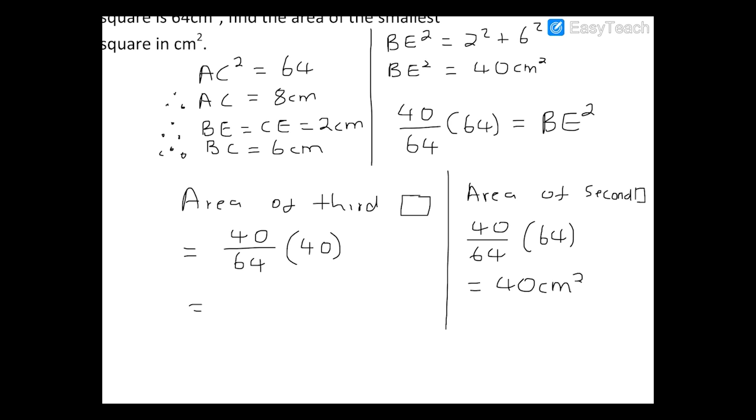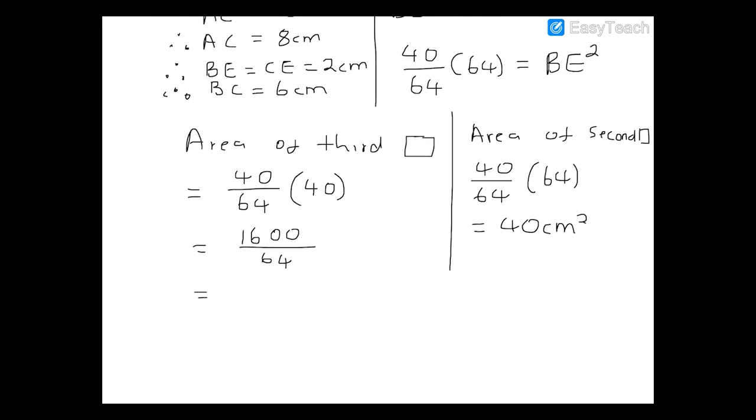So this will be equal to 40 times 40, which is 1,600, divided by 64. Simplify that further. I'm just going to write 1,600 as 16 multiplied by 100, and I'm going to write 64 as 8 times 8 just to make calculations easier. So 8 goes in there once, and it goes into 16 2 times. So we end up with 200 divided by 8, which is equal to 25 square centimeters as the area of